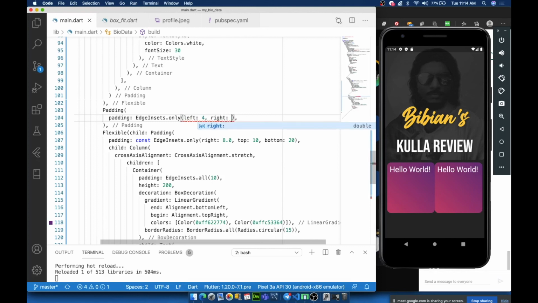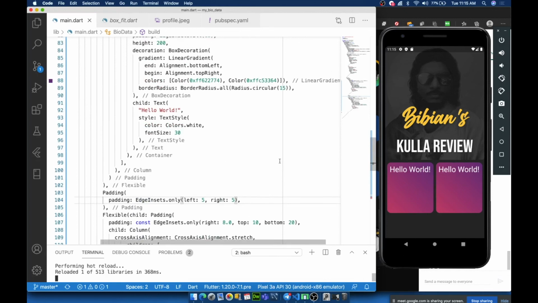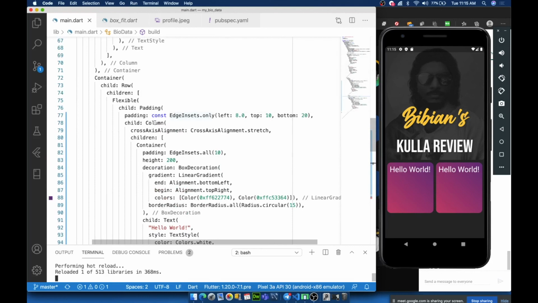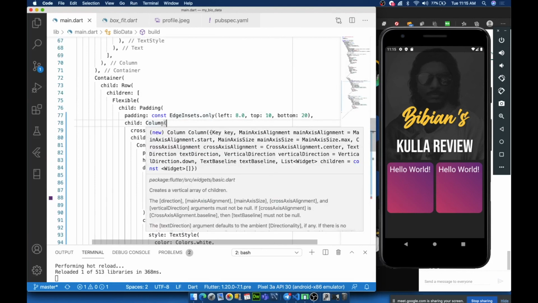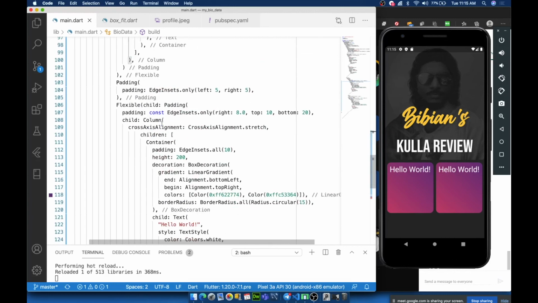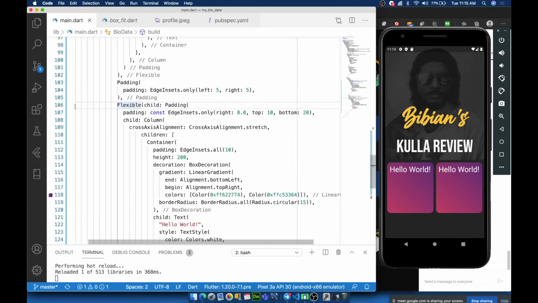Rahul, my boxes go one below the other. Does that happen when there's not enough width or something? I think you've pasted it in the wrong place. Did you paste the container within the same column or inside the next column? Right below the first container. Yeah, that's the problem. See, right below the first container, it's like you're inside a column, right? So it will get pasted below it. What I asked you to do is, you have the second container here, right? You have the second column. You have the second flexible here. So I wanted you to paste that container inside the second flexible. Okay. So if you're done with this, let me know. I'll tell you what this flexible means now.